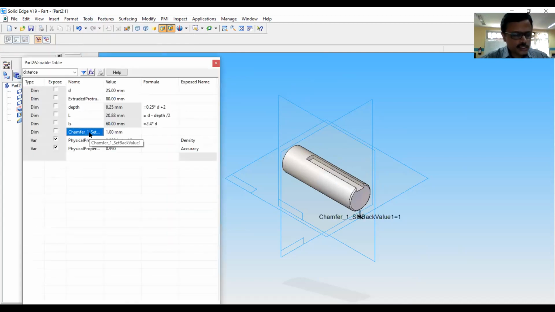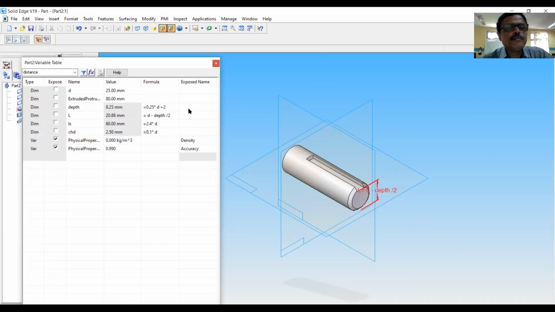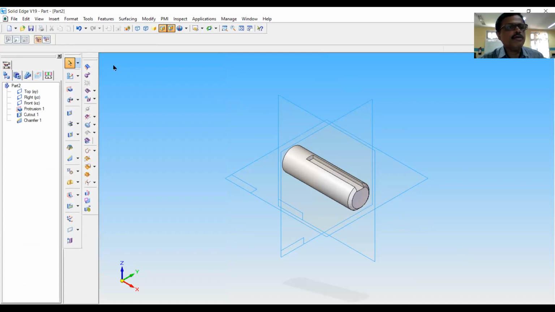See, chamfer distance, I will write the variable CHD is equal to 0.1 into D. So that is also now changed to 2.5 mm. So everything is done according to the equation.